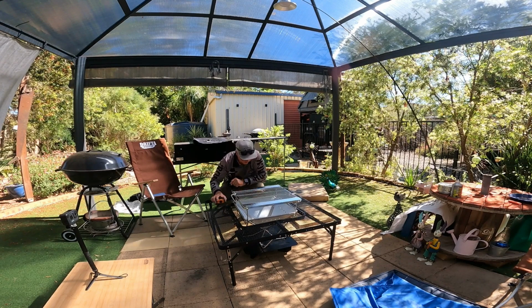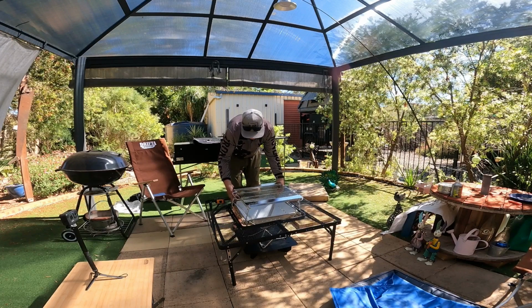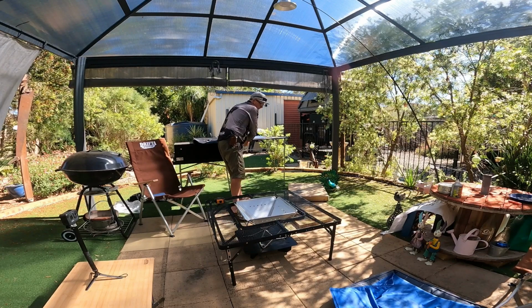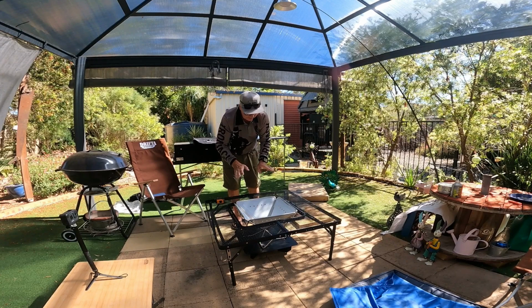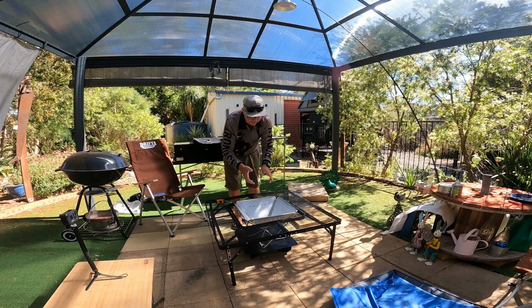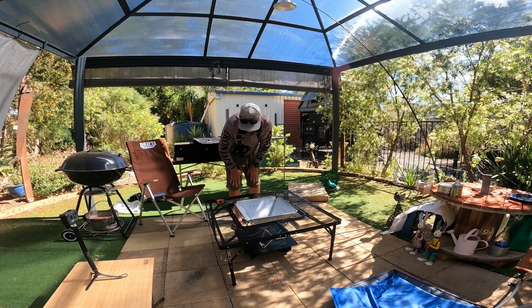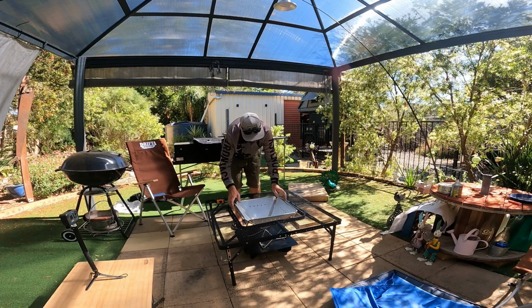But I'll just show you why, if you're not using the bridge, and you're just having a fire in here to sit around, I mean, you could take this away because most of the time if you've got a big fire burning away in here, you're just going to be sitting around it for warmth. But you can leave this around it, there's no problem with that. But the reason you want this a little bit higher is,